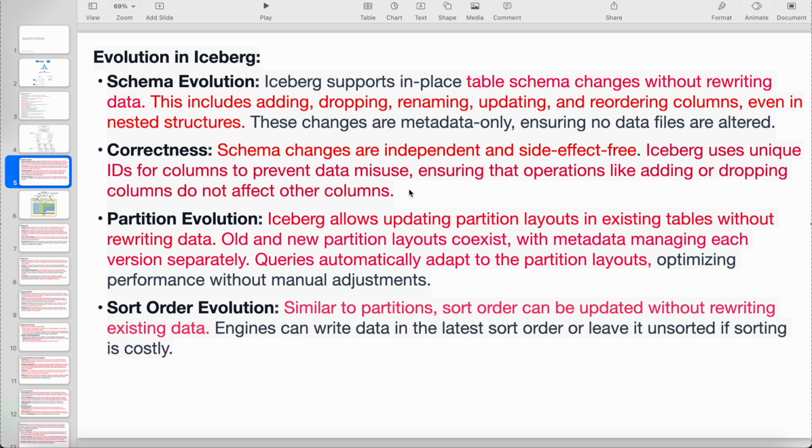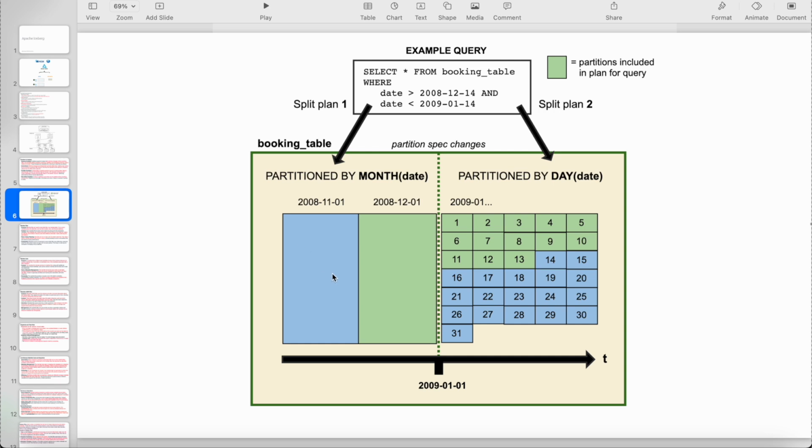So we can avoid the misusing of the columns here. Because of this unique ID, whenever we add or drop a column, it does not affect other columns. Now, if you see partition evolution, as I said, Iceberg allows updating the partition layout in the existing table without rewriting the data. Let's assume, if you see, till here we have the data